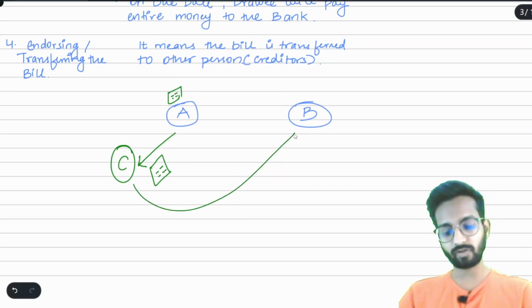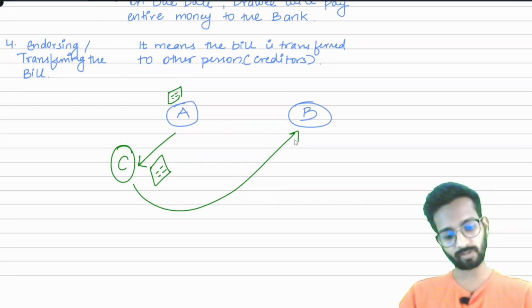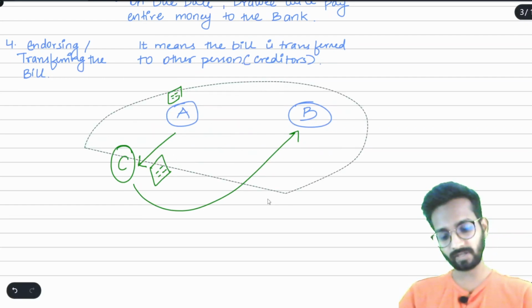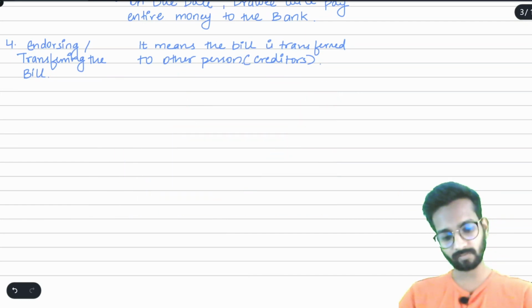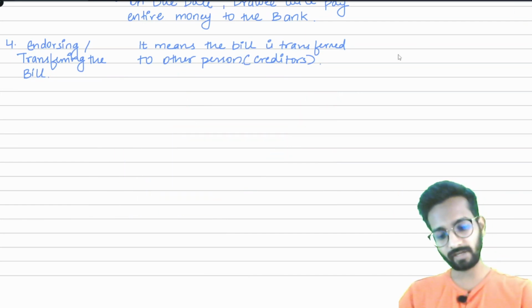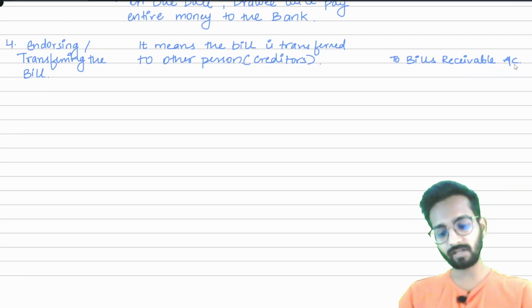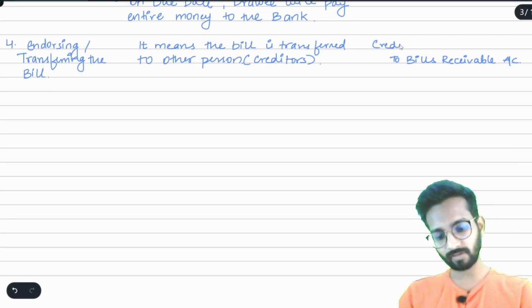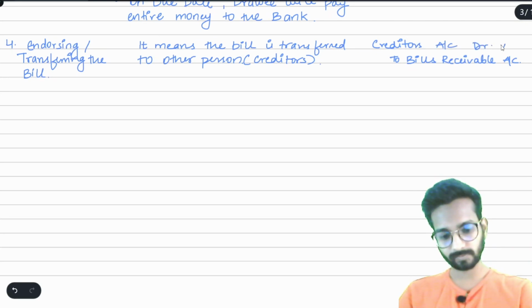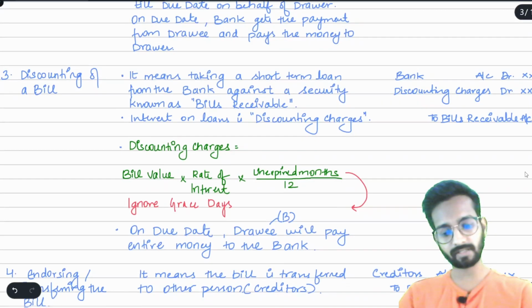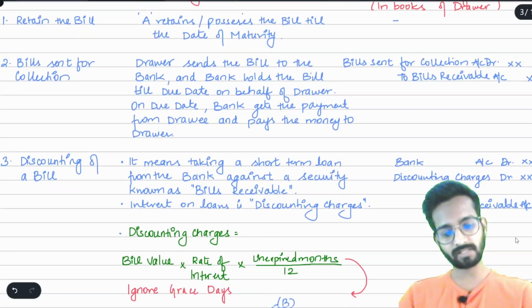On the due date, C will go to B and collect that amount. Understood? Now, when we are transferring the bill in the name of C, what will happen? Our bill is going, so what will we write? To bills receivable. Now, who is getting that bill? Creditors are getting it, so creditors account debit. Remember this thing, the person who is getting the bill is debited, and for us the bill is going, so bills receivable